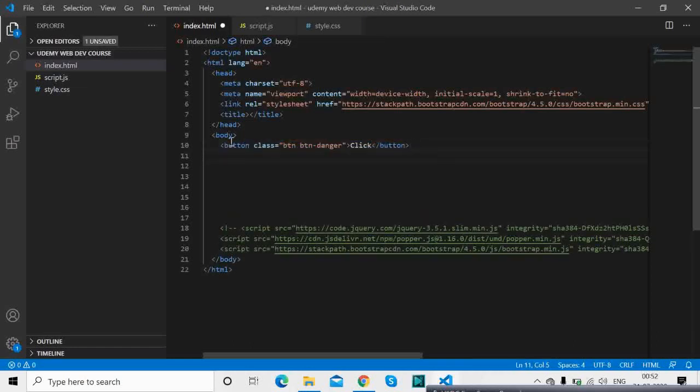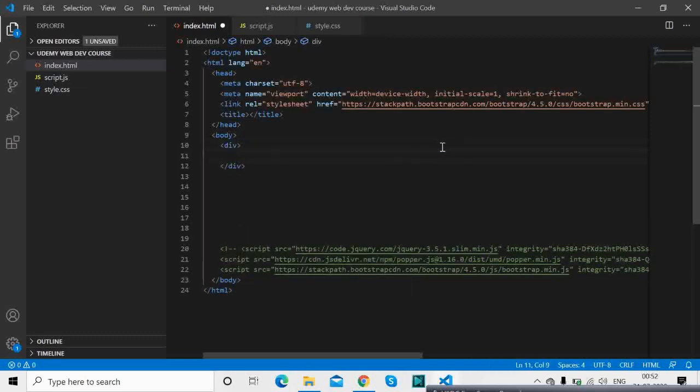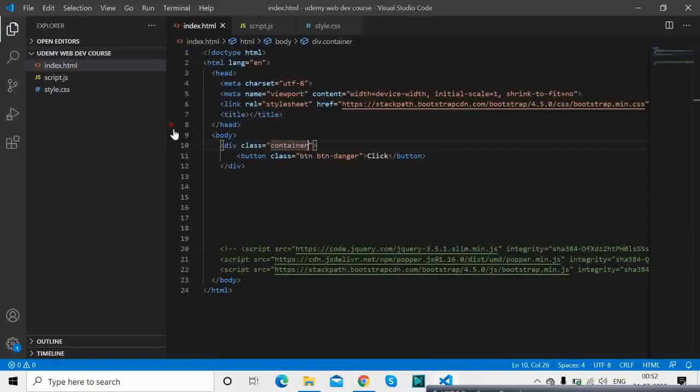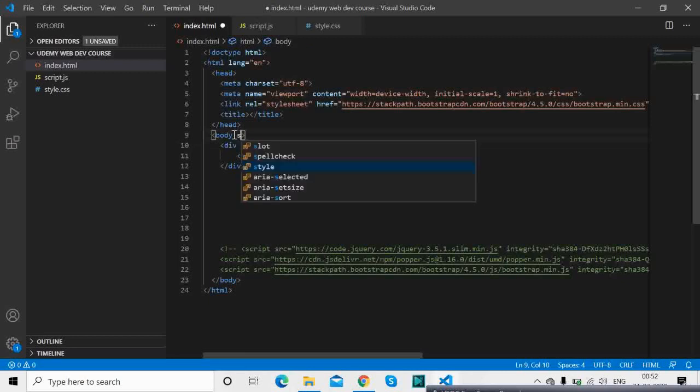Before I go further, I will give it a div and place it over here with a class of container. These are classes available in Bootstrap, and this will by default give some padding and margin, etc. In the body I will give it a style.